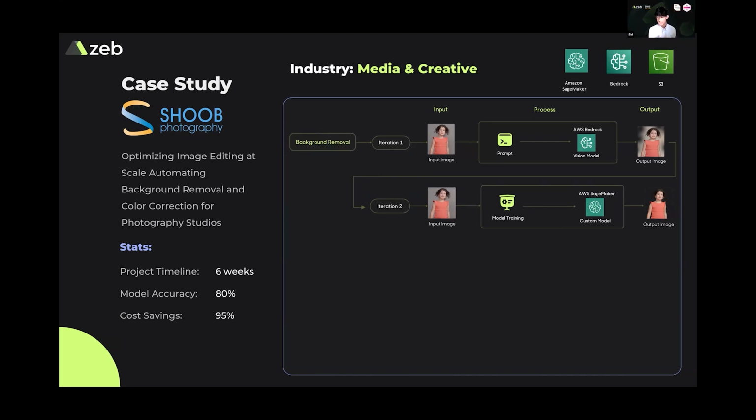What they wanted to do, as a little bit of a marketing play, was to first give people a preview of what these enhancements could look like, before you end up actually having to pay for it and send it to the photo correction software once you're satisfied with the preview. But to build that preview implementation, and have software able to show what it looks like at a preview step without paying money each time, that's what Shoob Photography came to us for, to see if we could build that photo correction software. And the efficiency we brought to the solution is